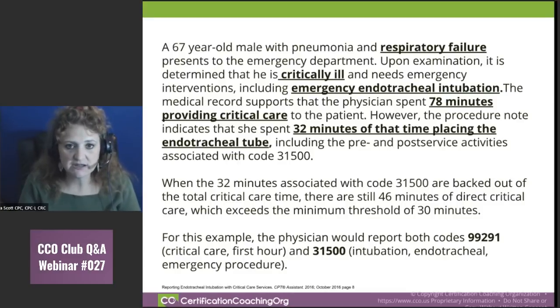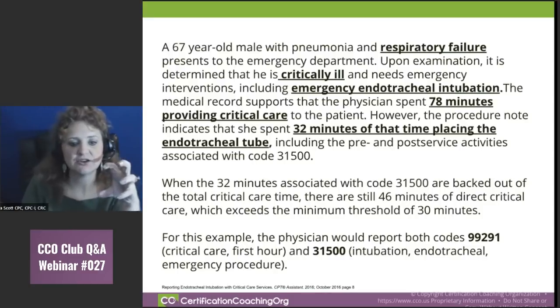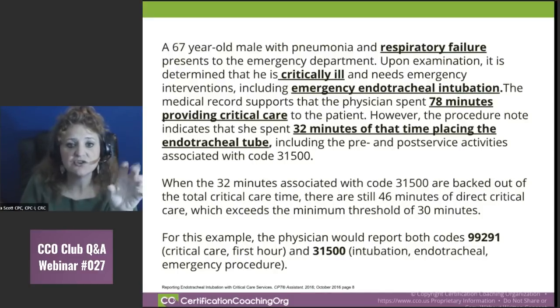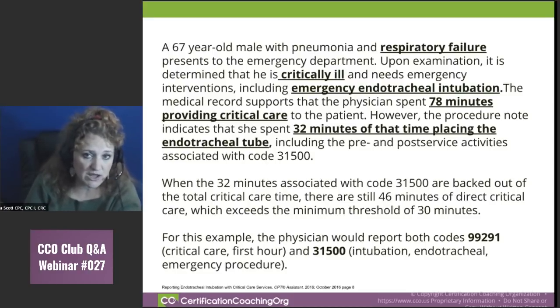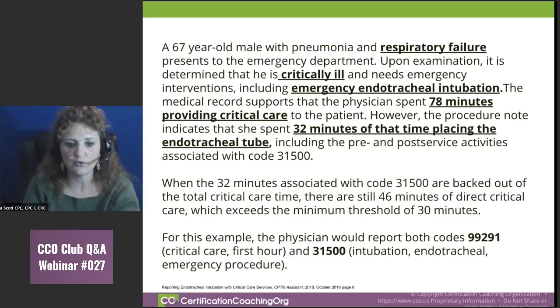So if you have 32 minutes for 31500, that's the code. You're going to back out the critical care time, and there's still 46 minutes of direct critical care work, okay? And it exceeds the 30-minute threshold. So you've got to be there at least more than 30 minutes or you don't get to code for critical care. So what do you code? You get to code 99291 for that critical care hour, and you get to code the 31500 for the intubation,